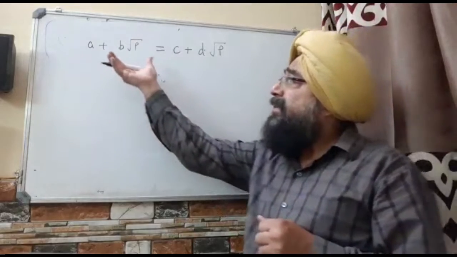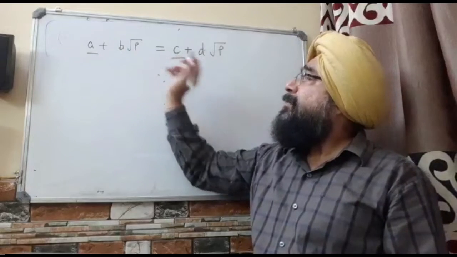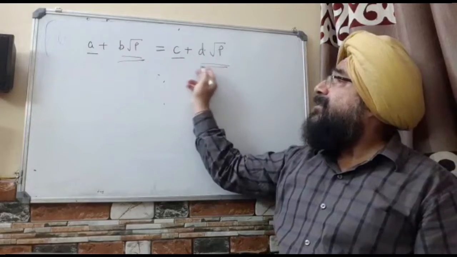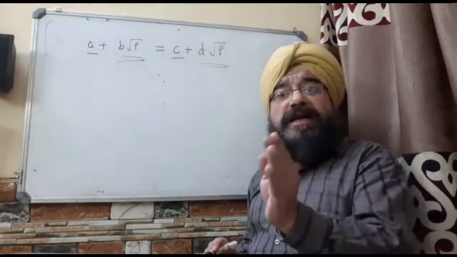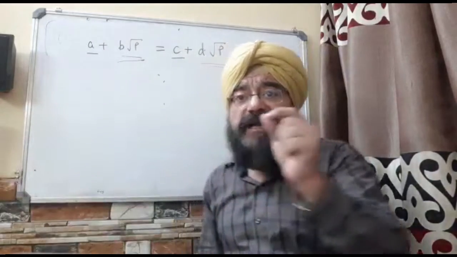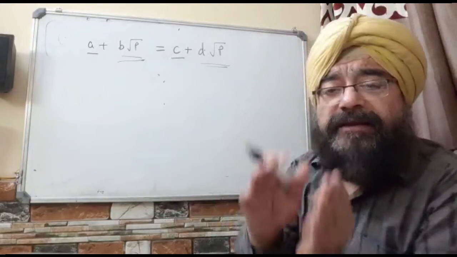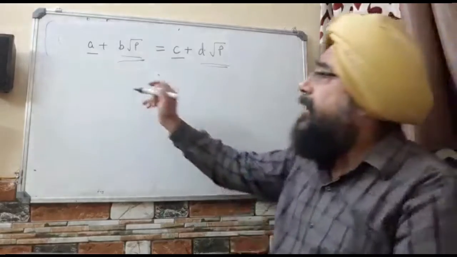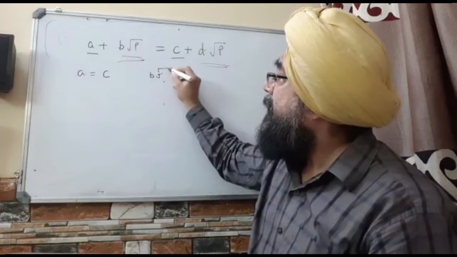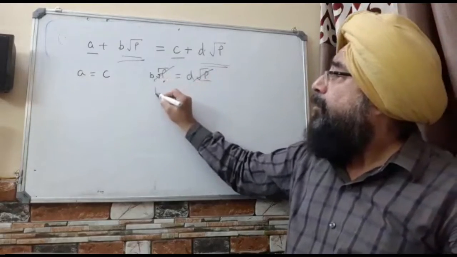If you ever get such a mixed number, now look, this A is a rational number and this C is a rational number, each added to the irrational number. So rational plus irrational on one side, if equal to rational plus irrational on the other side, then for sure, rational will become equal to rational and irrational will become equal to irrational. That means here A will become equal to C and B root P will become equal to D root P, and because root P and root P are the same, they cancel, or you can say B is equal to